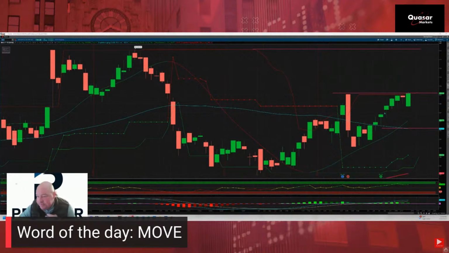So if you want to be aggressive, taking out these highs right here, which it's kind of doing right now, is bullish. The more conservative way would be, well, let's wait and see if this actually holds during the day, and then we can look for a breakout tomorrow. All right, let me get rid of that, and then we can get back into here.